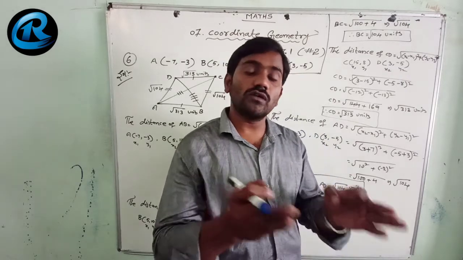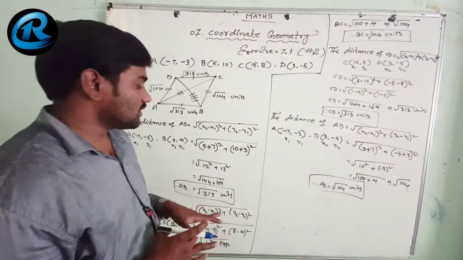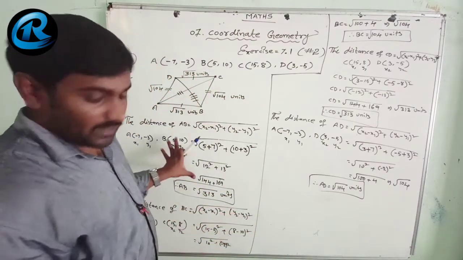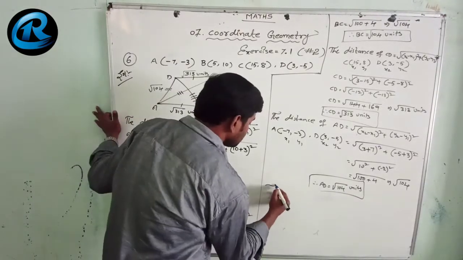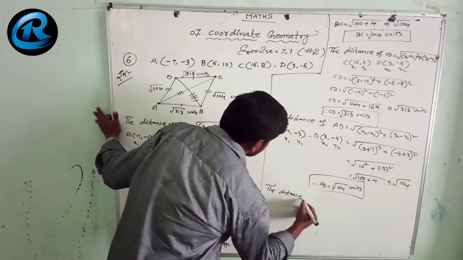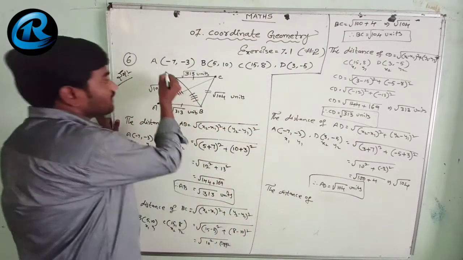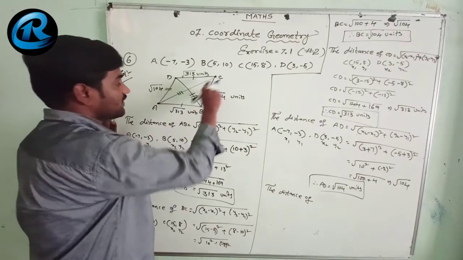We have to go for the diagonals. If you find out the distance of diagonals, then we will come to know. Here I will rub this side. Okay, here I will find out first the distance of AC. AC distance, find out the diagonal. The distance of diagonal AC